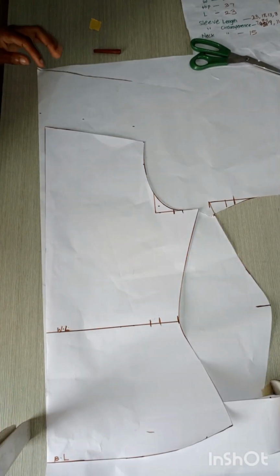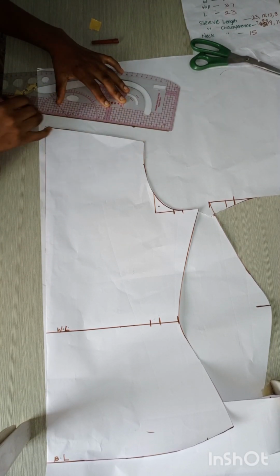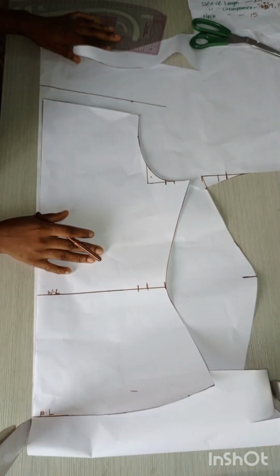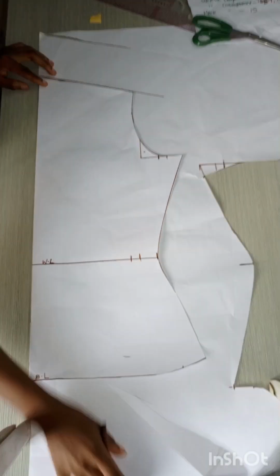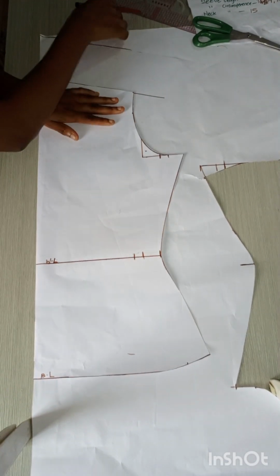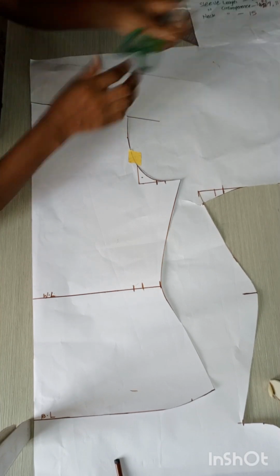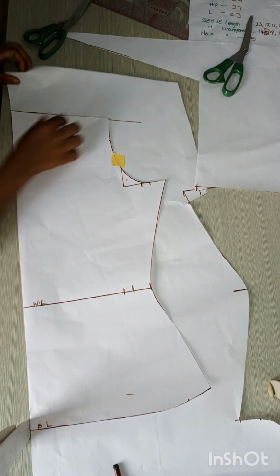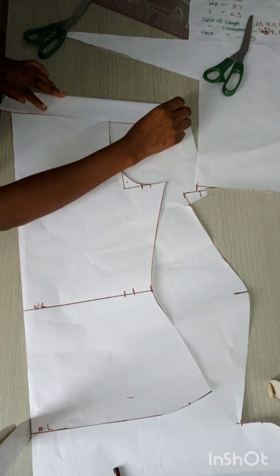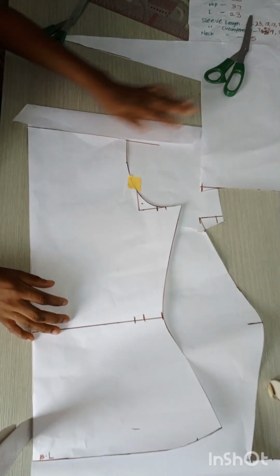I'm going to be rolling it out, then I'll replace my front pattern on the 4 inches which I marked, and I'll be folding back that 2 inches which we took off, like you see me doing in the video. So cutting it out so I'll be able to blend it in well. So I have my 2 inches folded like that, like so. Then I'm going to be rolling out my